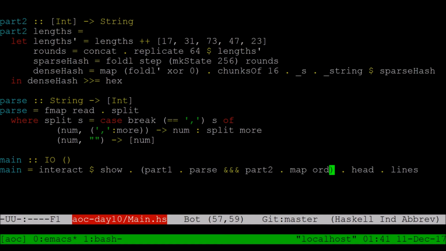And from there, part 2 is pretty simple. We just take the lengths and we add this special code to the end of it for some reason. And then, rather than having a function for running a single round over the lengths and then another function for folding that over 64 times, I just take the length list and expand it out 64 times and treat that as one single very long round, since you're supposed to carry everything over between rounds anyway. With replicate, which takes an input,